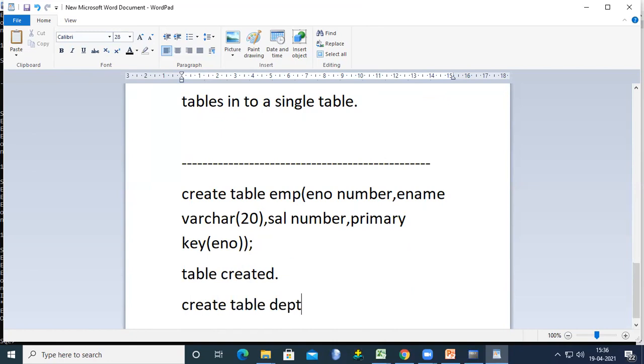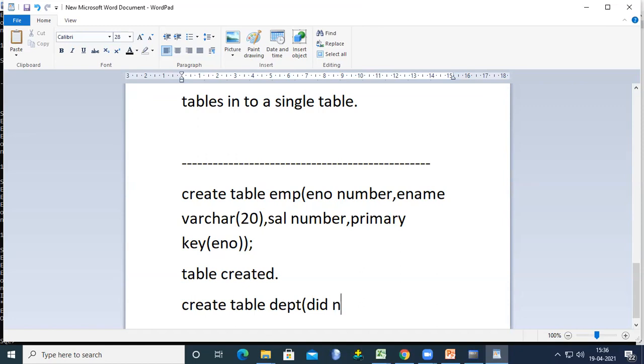Now you create another table. Create table department. Department ID, and the data type. What is the data type for the department ID?